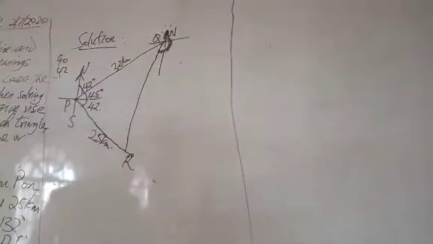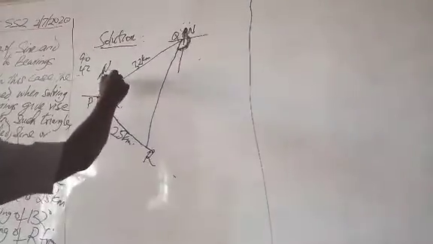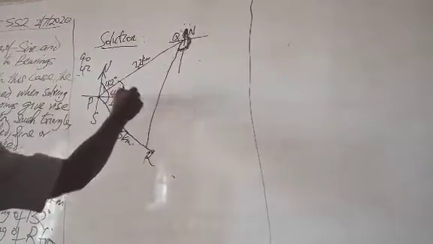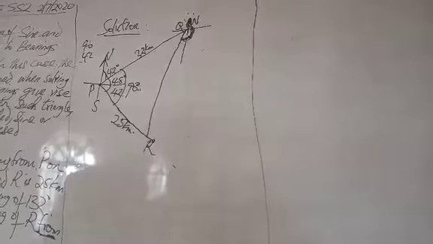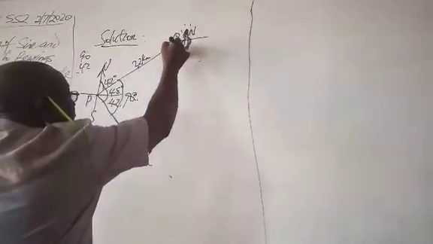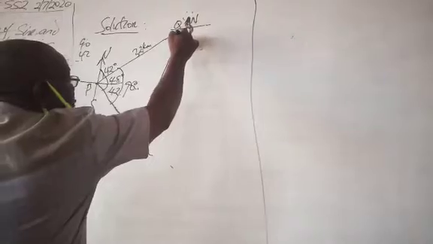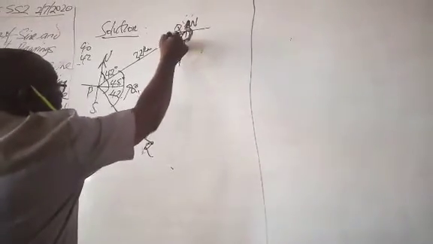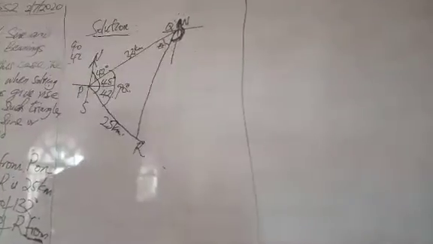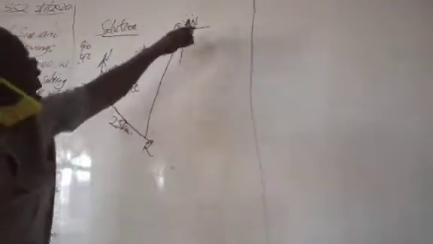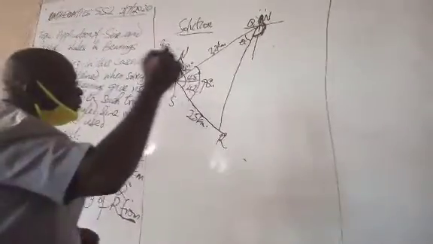If we look at this triangle, by the time we add this, it will give you 90, which is a right angle triangle. In such a right angle triangle, we are asked to find the bearing. What will help us is to find this angle, which we call theta. When we get that, we can get the remaining part. Since it's a right angle triangle, if you recall,